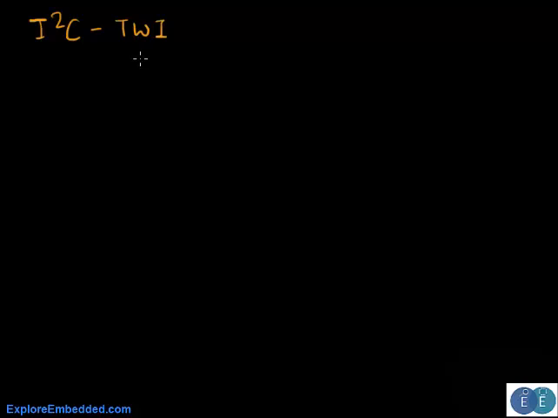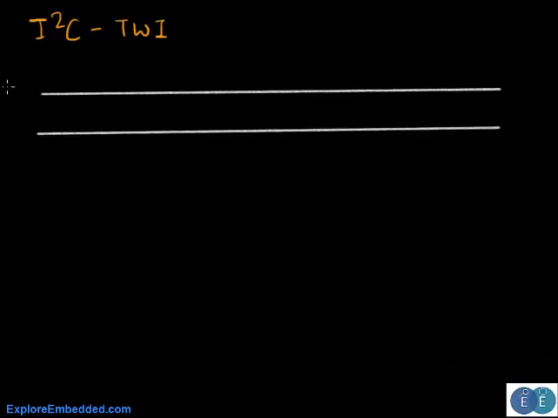So this protocol just uses two wires to communicate between ICs, and of course we need a common ground between all of them. Now let us go ahead and look at the basics. As said earlier, I2C has just two lines. One of them is called the clock. If you remember the discussion on UART, it was asynchronous, meaning there's no common clock. But in I2C we have one line for a clock, and there's one more line, and this is called the